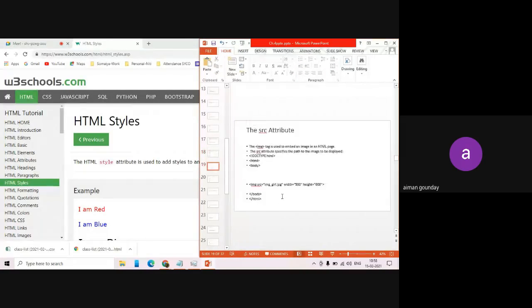Okay. Now next is the SRC tag. So we all know what the SRC tag is. Why is this source tag used? It is used with the image tag. Why do we use it with the image tag? Because we want to mute.